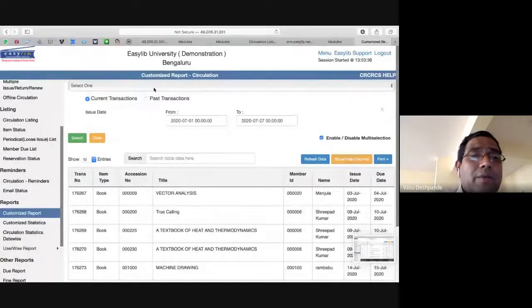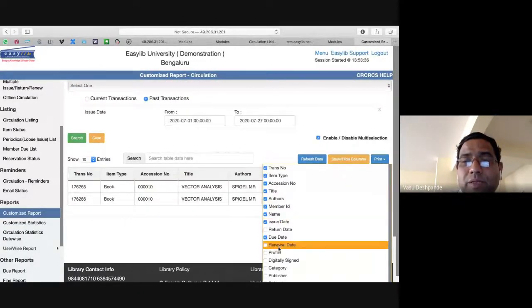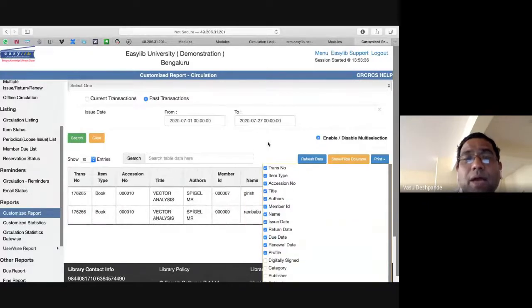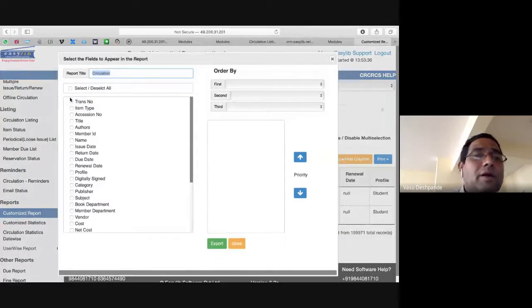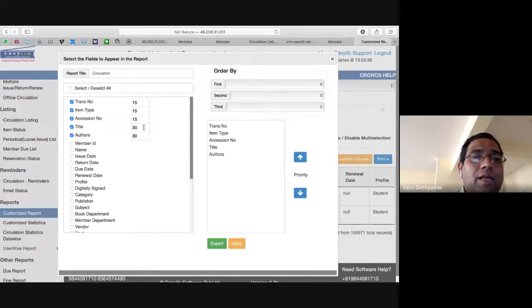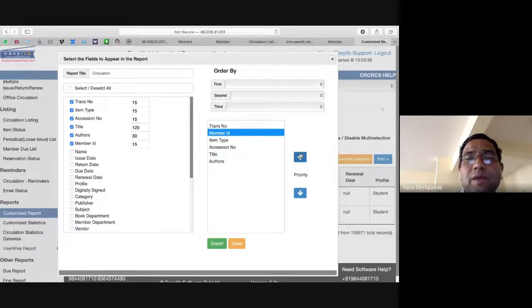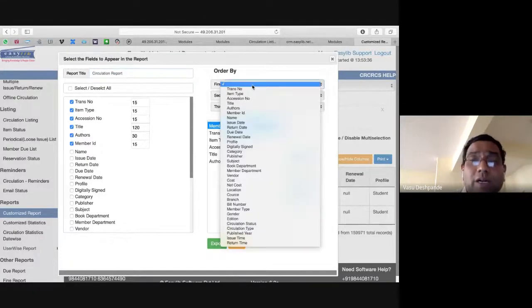All right, so now, basically, in the customized report you see the data, and if you want to show or hide columns, you can say show me this, show me this, whatever you want. And when you want to print, you just choose print, Excel, text, or HTML. For Excel, again, you can choose whatever fields you want. Title only 30 characters are there. It's not enough, I want to make it 120. Fine. Who it has been issued to, I can take this. I want to put the member ID first. I can put a circulation report, and sort it by member ID,